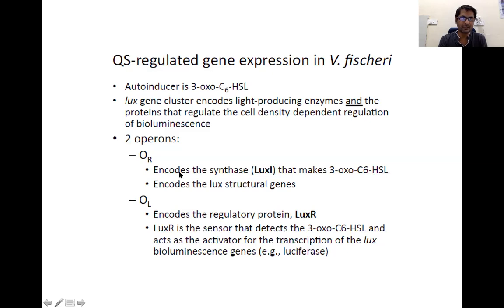So what happens? The OR operon encodes the synthase LuxI, which makes this autoinducer 3-oxo-C6-HSL, and this 3-oxo-C6-HSL is detected by the regulatory protein LuxR in the OL operon. As soon as it is detected by LuxR, it activates the transcription of the lux bioluminescence genes for luciferase,